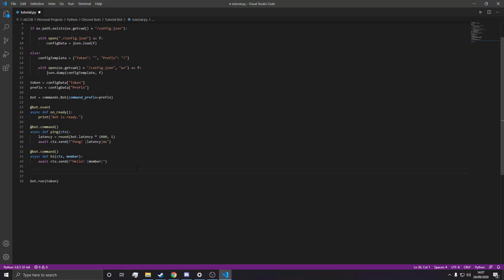Okay guys, welcome back to the Discord bot tutorial series. In this episode I'm going to show you how to make a simple ban and kick command, which can only be run by people with the relevant permissions, which is ban and kick members. So to get started, what we need to do is we need to do bot.command,